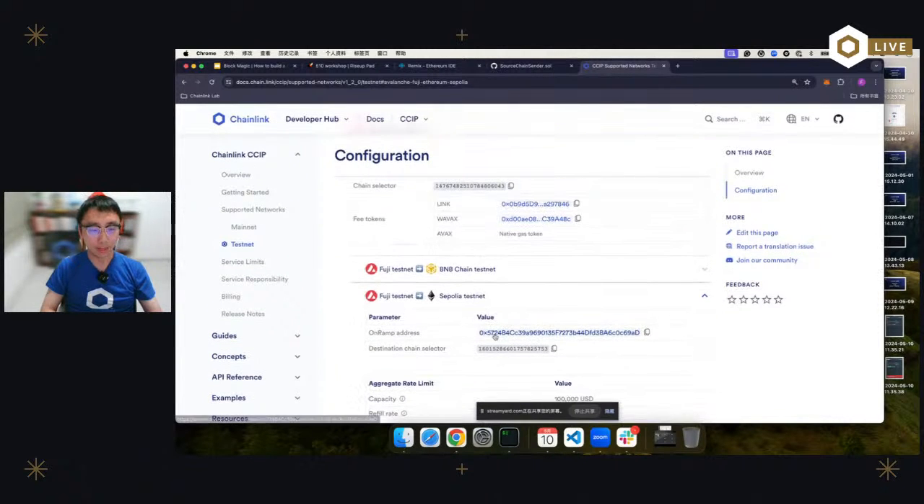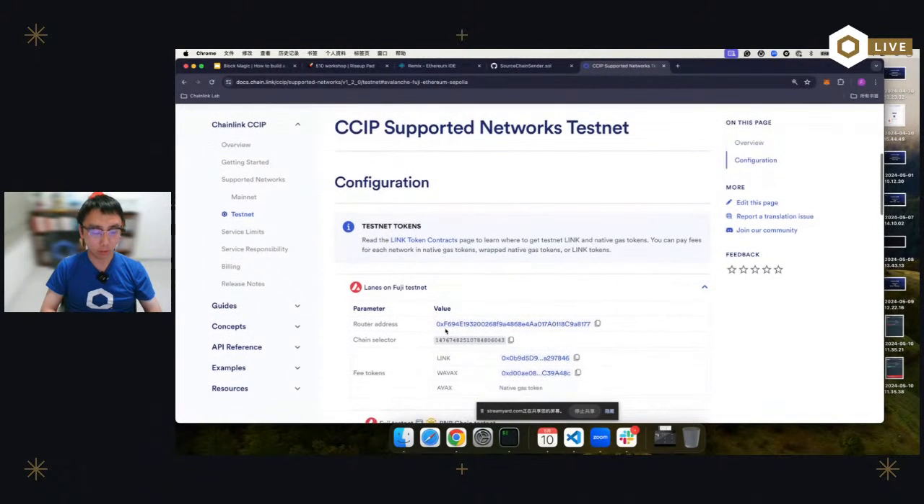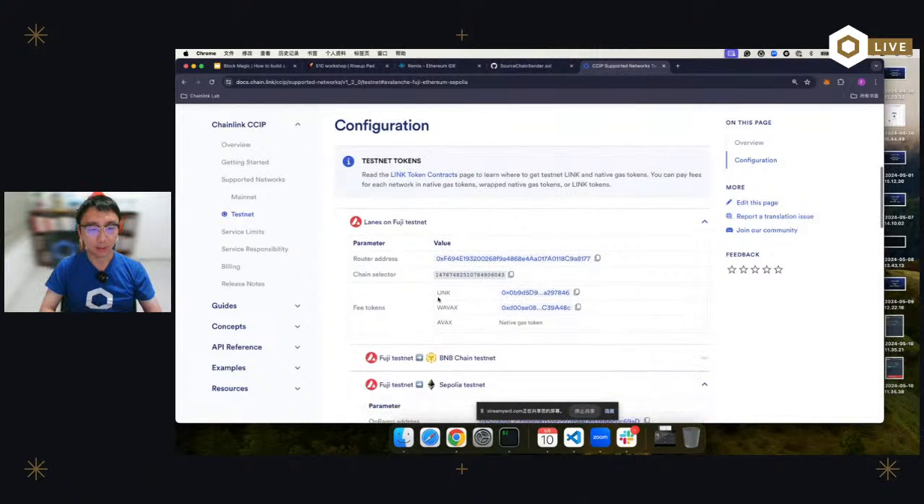And except for that, you will also find the router address here. So if you want to build your own CCIP applications, you can find the router address under this page, and also the chain selector, as we talked before, that is the ID for the Fuji. You need to tell the router smart contract this number if you want to send your message from your blockchain to the Avalanche Fuji. Okay, and these are the fee tokens you can pay in the Avalanche Fuji for the